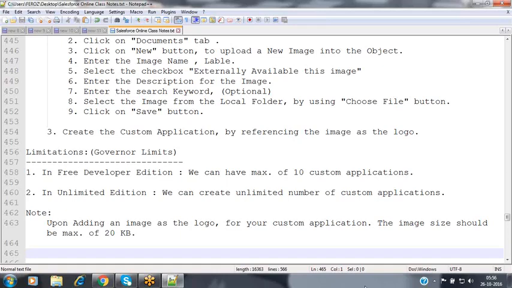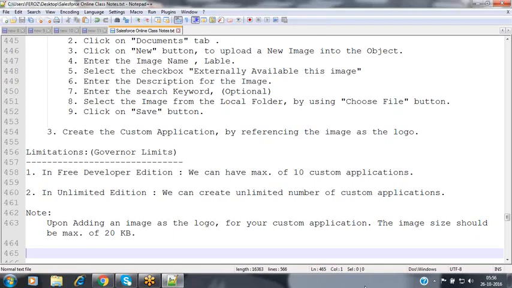Now, when coming to application development or to the interview point of view, governor limits or the limitations are very, very important. We have to cross-check what features are available, what limitations are available, and you should be aware of all these things.